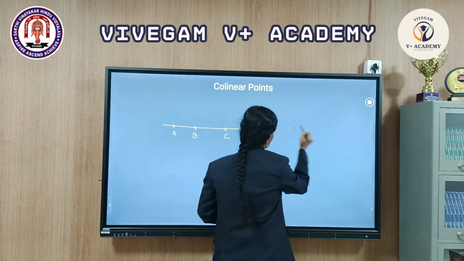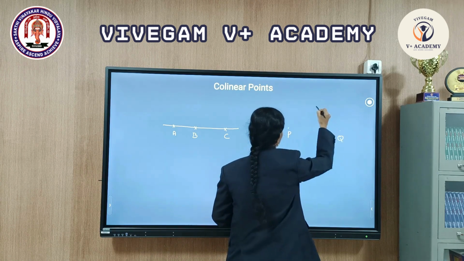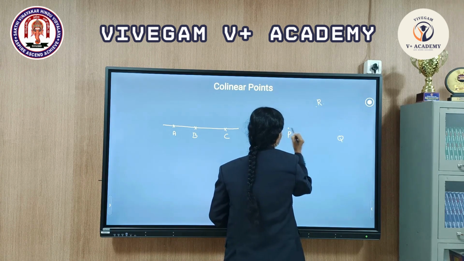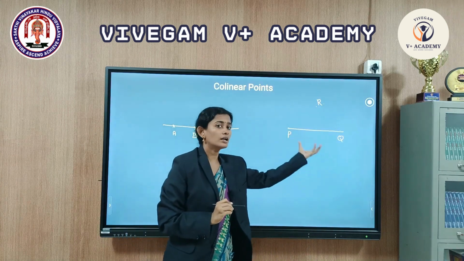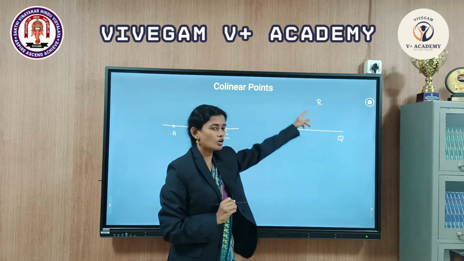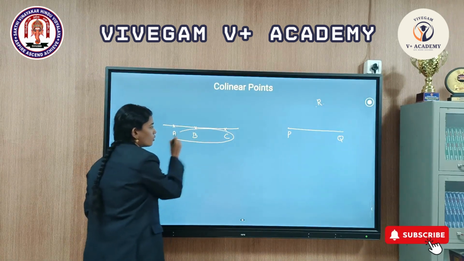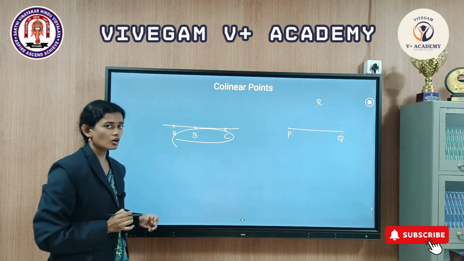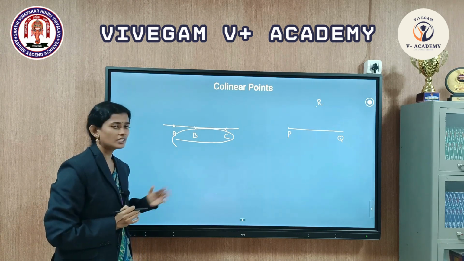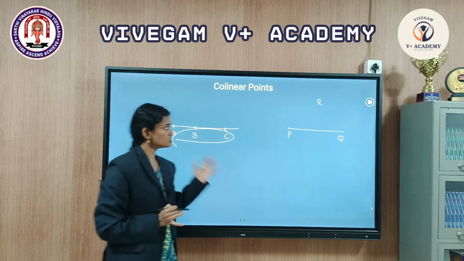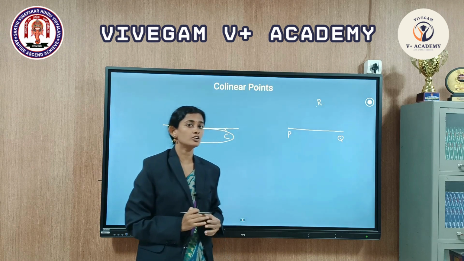Now consider another 3 points P, Q and then R. Now you see P, Q both are lying on a same straight line but not R. Okay. So now if 3 or more than 3 points are lying on a same straight line, then that property is called collinearity. If those points are not lying on a same straight line, then we call that